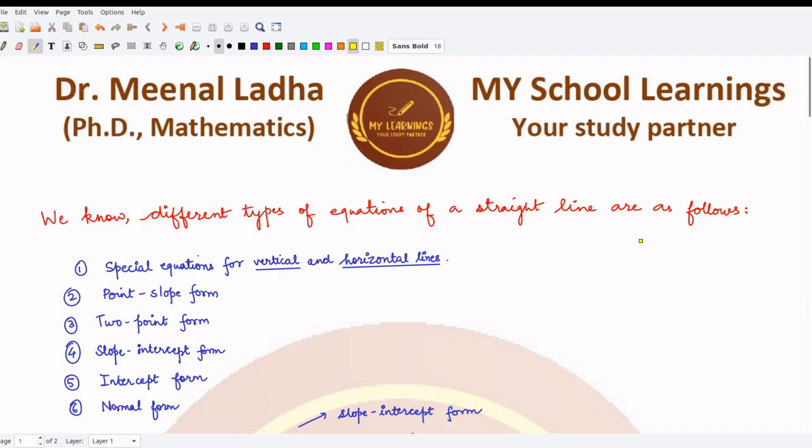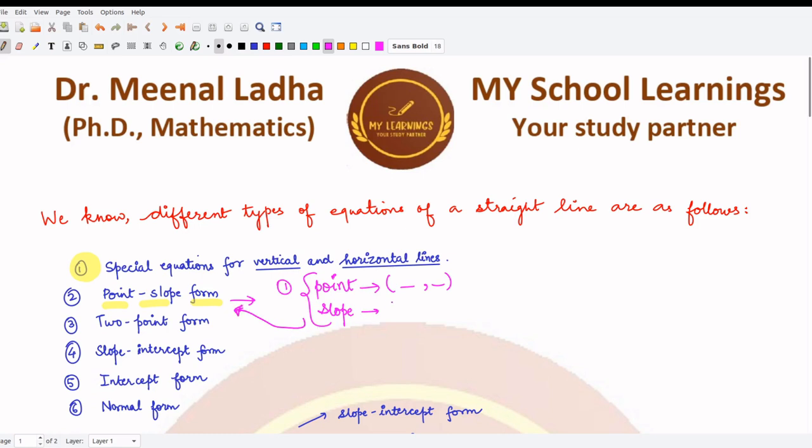In this video, we'll be discussing the second kind of equation, which is the point slope form, right? Now we have already discussed the first kind in the previous video, if you remember. So here, what is special about this form? We are given two things. First of all, a fixed point whose values would be some constant quantities. And another thing we are given is the slope of the line. If these two things are known to us directly, then we can apply this form to obtain the equation of the straight line.